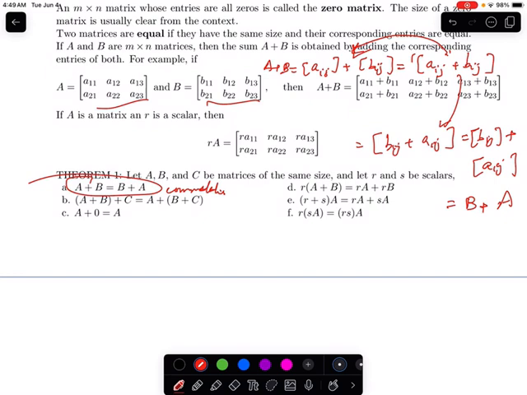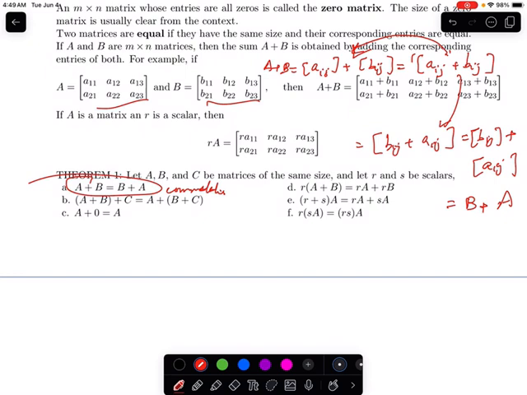Okay. Second is saying that (A plus B) plus C is equal to A plus (B plus C). So this happens in numbers as well. When you have to add 3 numbers, you will add 2 of them and then add the result to the third. So same thing here, when we are adding 3 matrices, we will add 2 matrices and get a result and then add the result to the third matrix. So